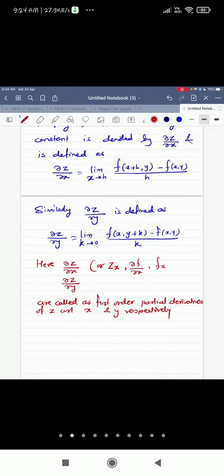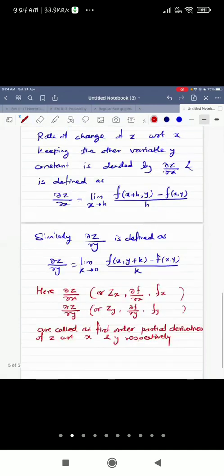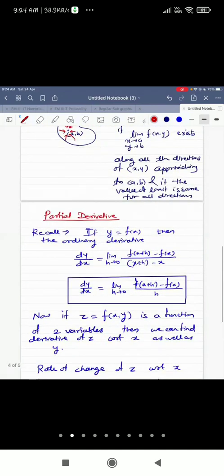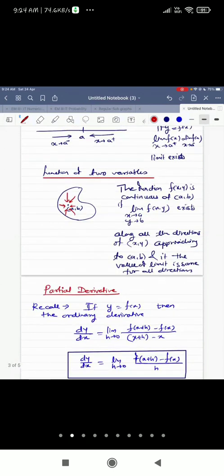Now, Prathamesh is continuously asking me how we can take the limit along infinitely many directions. Okay, so Prathamesh, I'll show you this diagram again. See, when you are in 2 dimensions, you are taking the limit of the function f of x, y as x, y tends to a, b, right? So a comma b is a point in the plane, so x comma y can approach a, b in infinitely many directions.